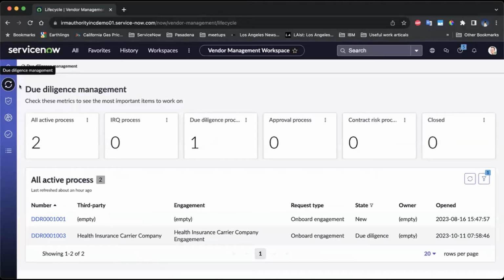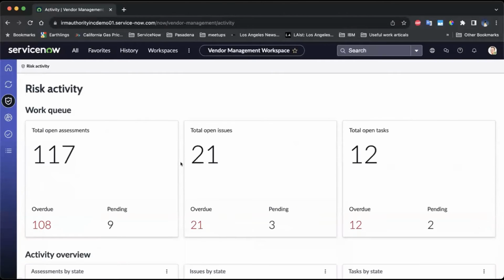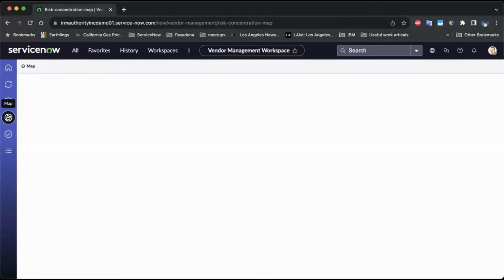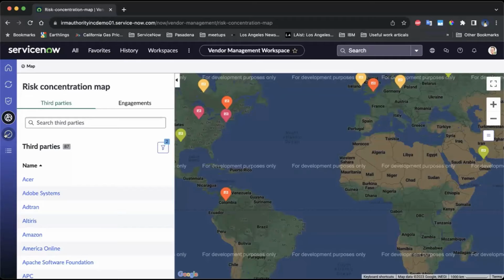I won't dive too much into due diligence. Due diligence is a newer feature in third-party risk. There was a webinar in August from the product owner that talked about this really well. But there's due diligence requests that can go out. Then you have your risk activities. Let's go ahead and let this load. This is more of management as you go through it. Then there's a map that's going to connect to where your third parties are, just if you want a visual